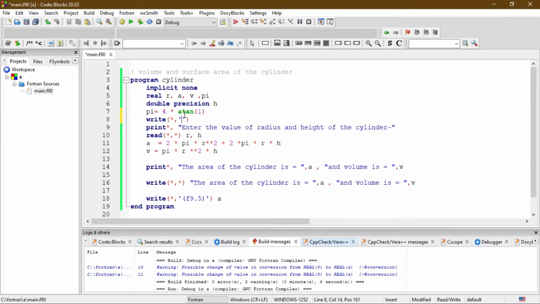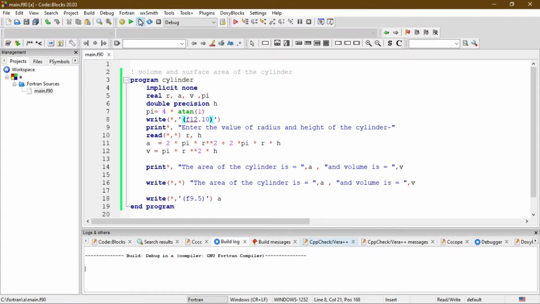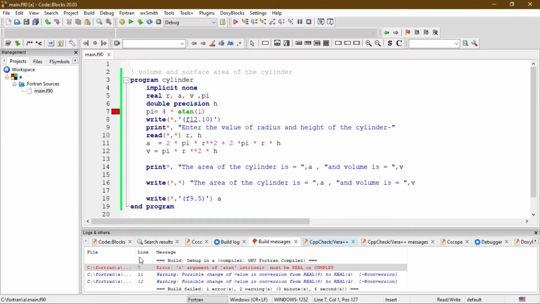For this we are going to use this syntax. Say I want to print the value of pi up to 10 decimal places. Just define the width and the number of decimal places you want to print. So let's build and run it. It gives an error that the argument should be real or complex.